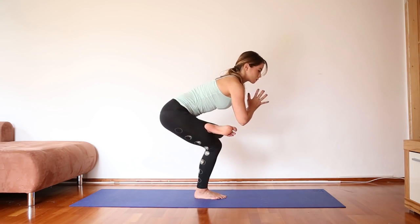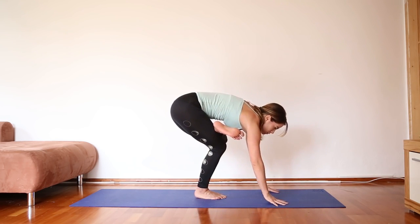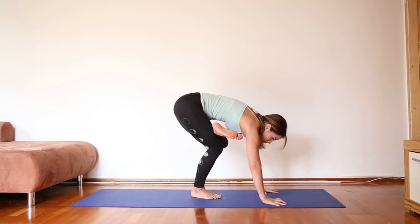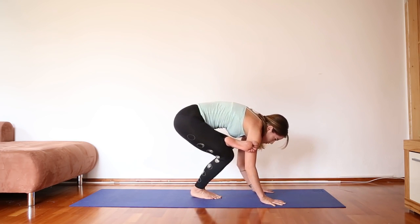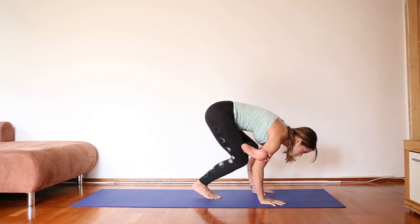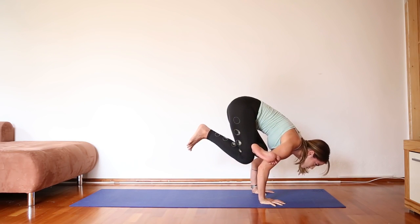Option to stay here in standing pigeon, or if you want to try that arm balance, it's baby flying pigeon, by the way. You can come down. Hands are shoulder distance. I'm going to try to think about having a round back here. So use your intercostal muscles, use your core strength to lift yourself up. Elbows need to be directly over the